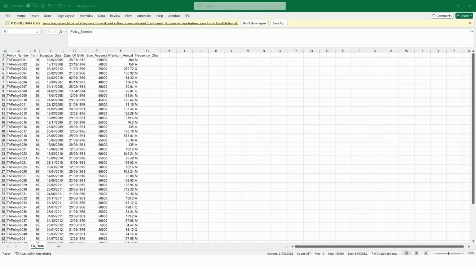Section 11.1, Exercise 5, Solutions, Part 1. The term assurance data is in a different layout compared to the endowment data, so we will use a different data view for this.